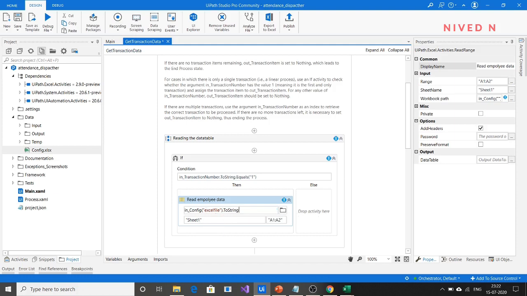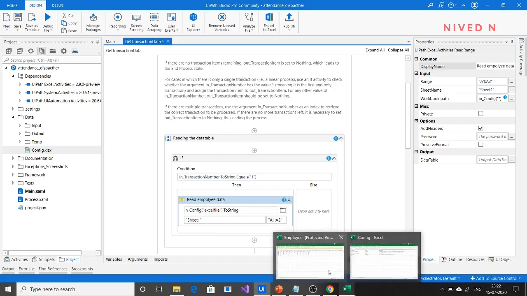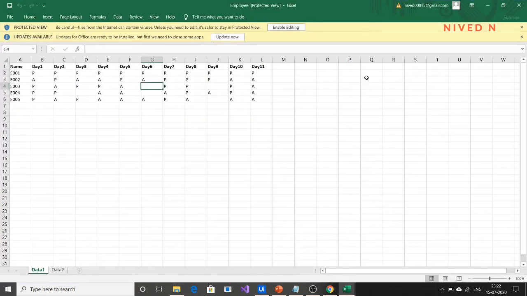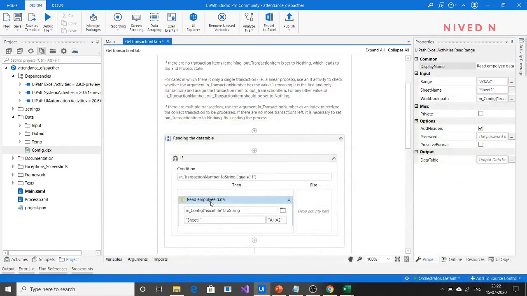Now you have to specify the sheet name. I think it is data1, so specify it as data1 itself. And for the range, specify nothing so that it can read the whole sheet.